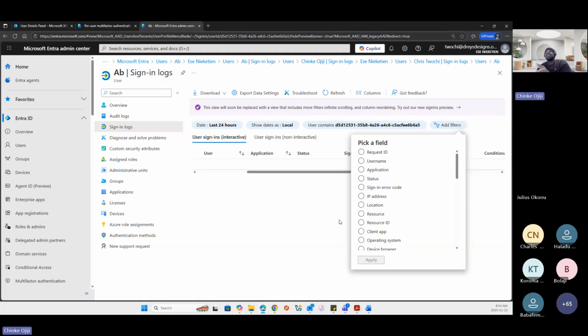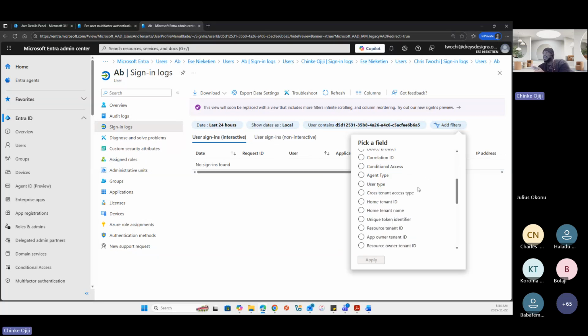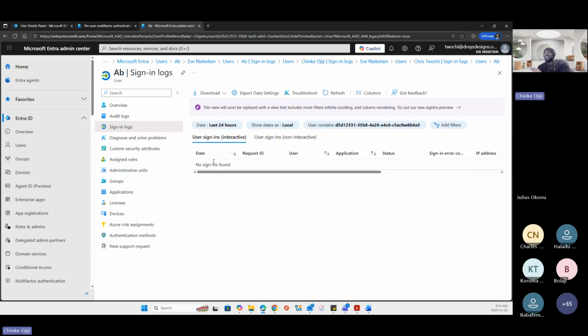Oh, were you trying to sign in? It will also show you the time that the sign-in occurred. Under date here, I think it shows you date and time. So you are able to use that to narrow down and review further, and decide which case will require further investigation and which will not.